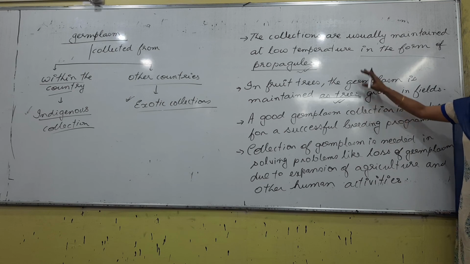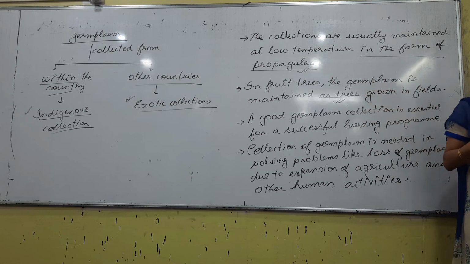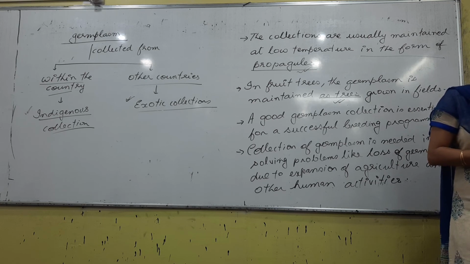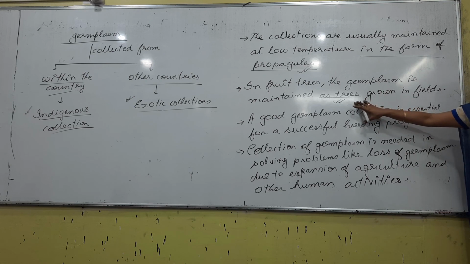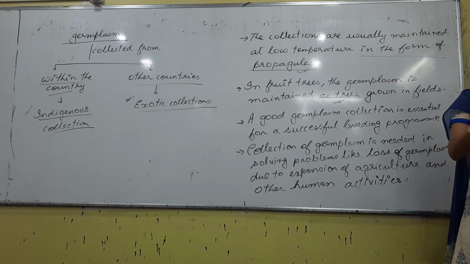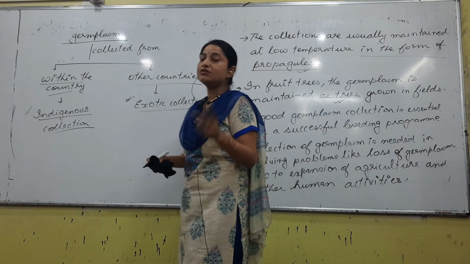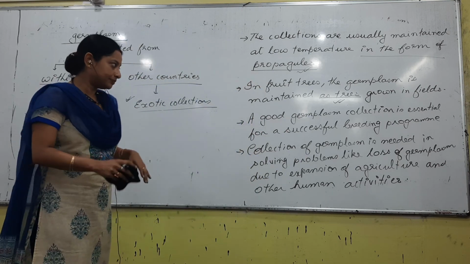So for fruit trees, do you cut a part, bring the fruit, or bring the plant? You have to look at the gene, you have to see the quality, because in fruit plants, as far as plant breeding is concerned, the economic importance is basically the fruit, right? So in that case, you go for collection of that plant also, bring a baby plant and grow it in a particular area, and you maintain that area, that is your germplasm. From there you do the experiments, observe the cells under a microscope, modify them, etc. But for the case of study, you need to collect it. Our collection is most commonly propagules, but sometimes also in the form of trees. Clear?